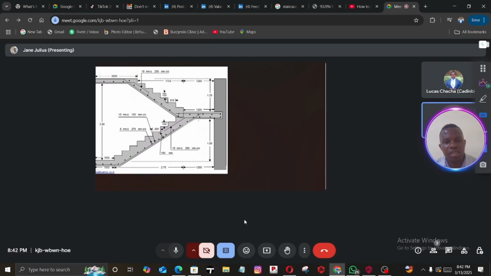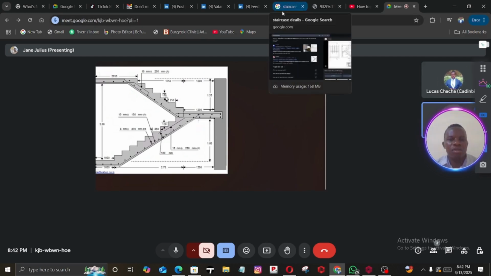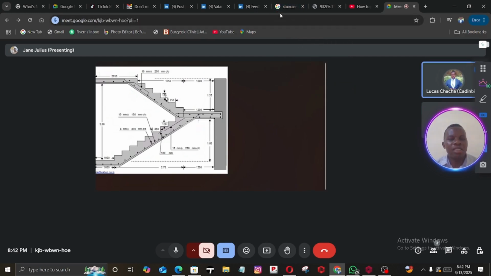It's called header or riser. Which one is riser? Can just go to this one, the width, the 150. That's a tread. Let's just Google and we see there. It's called what? Stair width. You have to understand parts of a stair before you